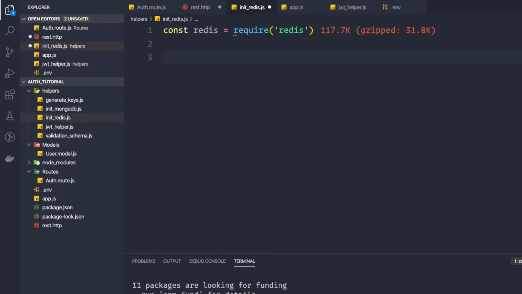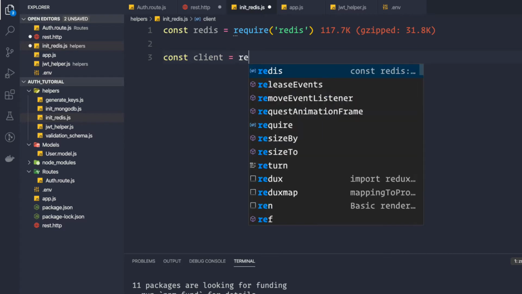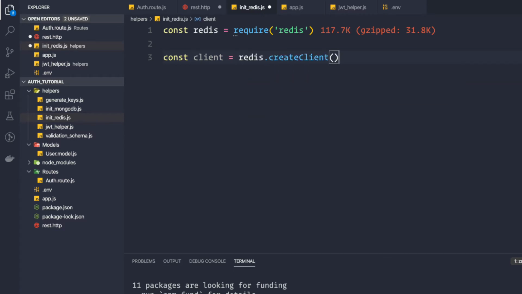And now to create a client, we can say const client equal to redis.createClient, simply like this. If you do not provide any options, it will connect to the Redis hosted locally on your machine, that is running on port 6379, I suppose, and I think that is the default port for Redis.